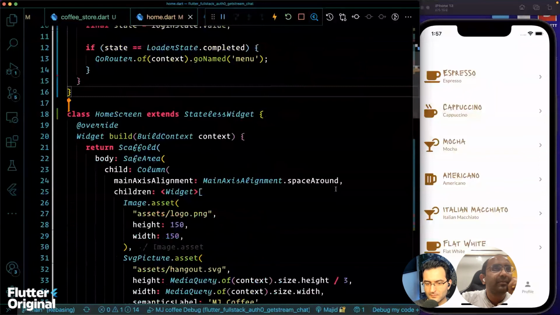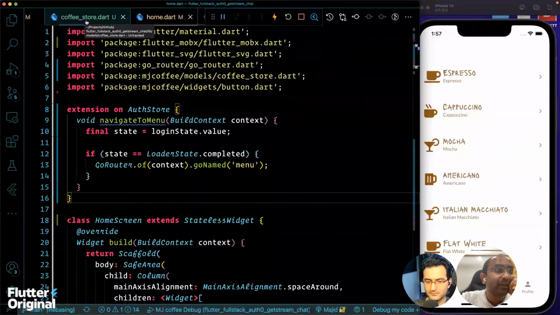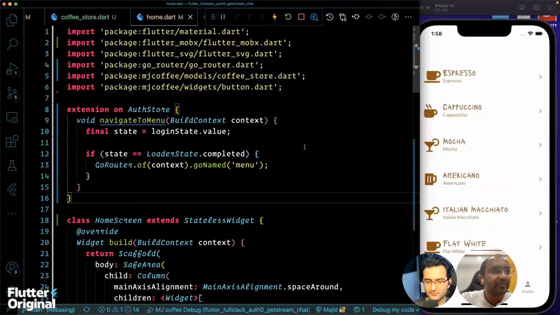Although I'm capturing the UI logic over here, the reaction logic also has to be kept inside my file, right? So where do I set this up? The reaction needs to be kept somewhere over here too. So we can keep the reaction over here and have the extension be a public extension. And instead of calling it with all this crazy context, I can just do auth.navigate to menu,